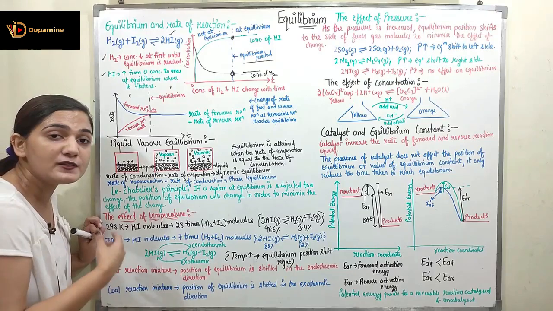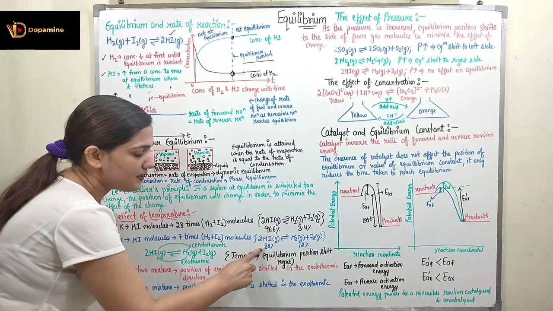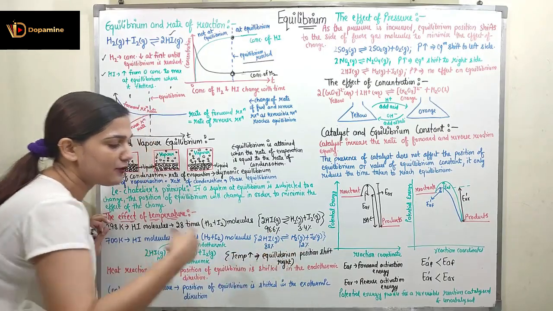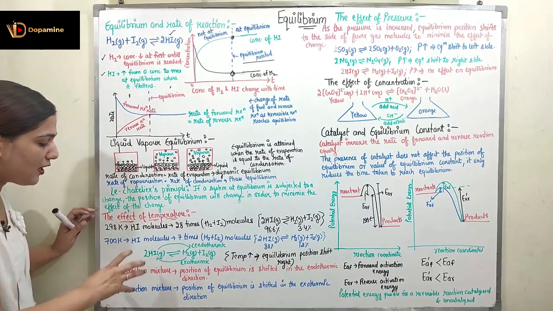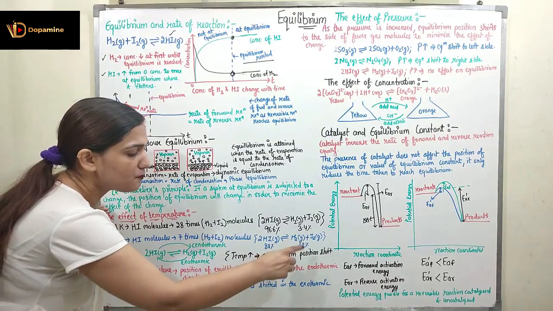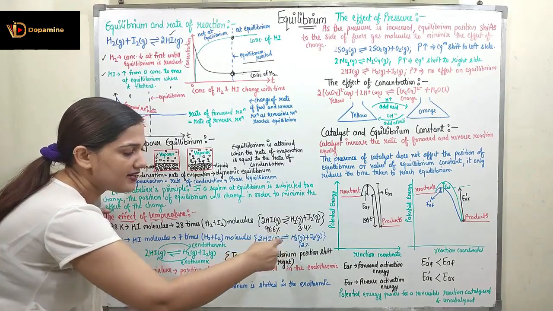The HI molecules are decreasing. So here you can see, here it was 96.6%, here it has reduced to 88%, and H2 plus I2 has increased to 12%. So now what is happening? As I am increasing the temperature, equilibrium position is shifting to the right, so at the right side the equilibrium